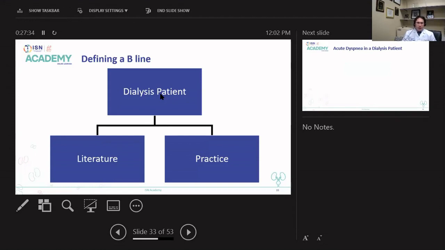So we talked about defining B lines and their relevance in the literature that comes from dialysis populations. I want to talk a little bit about how this differs in clinical practice. I was very steeped in the literature, and I had a disagreement with one of my critical care colleagues. I had sonoed the patient's lungs, and I had seen some septal B lines, and the patient was incredibly short of